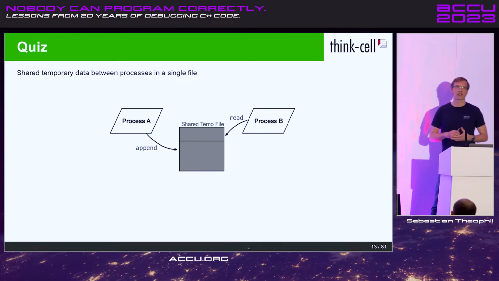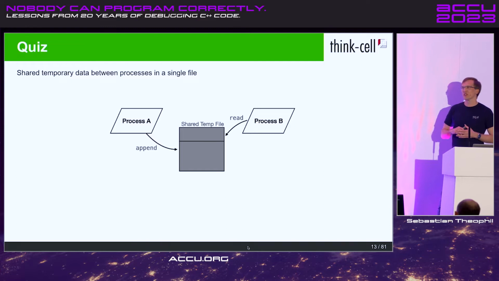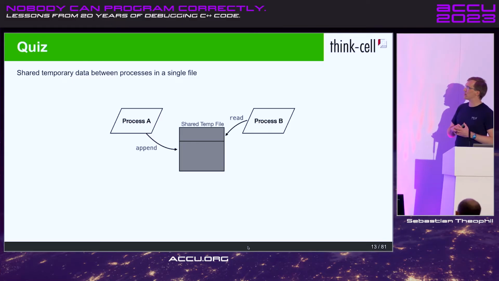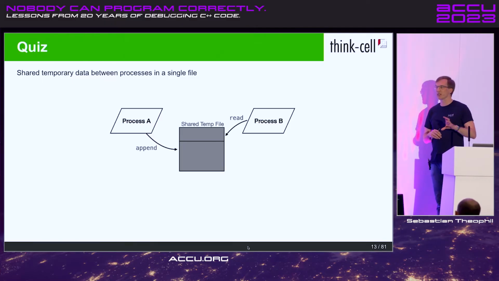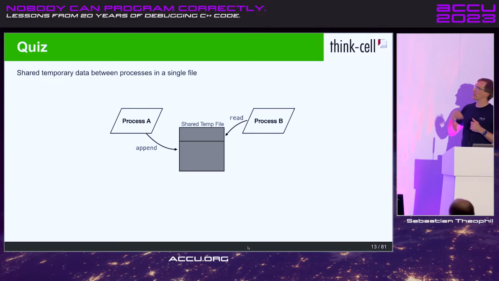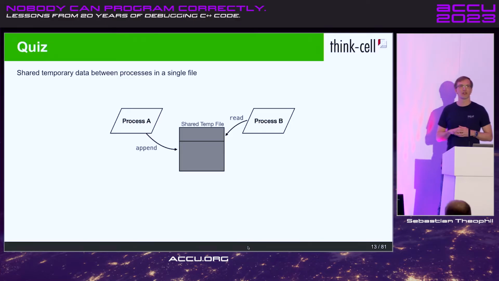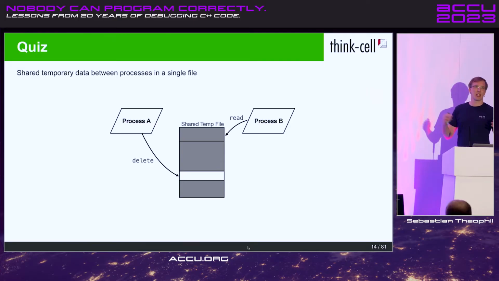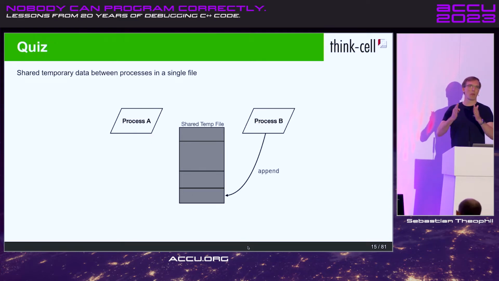So I have a very simple system. I have several processes that share some temporary file. And that temporary file has also a pretty simple structure. Data can only be appended to the end in a single block. And different processes can read those individual segments of the temporary file. And a process can say, I don't need that segment anymore. And then we will just mark it as being deleted for now. And later, when somebody else comes along and says, hey, I also want to append data to the end, we might compact all those empty segments.